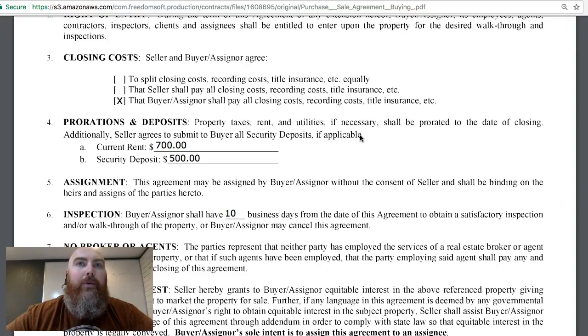And if you want to get in trouble with fair housing, remember, we always blame the bureaucrats. We always blame somebody else. If you want to get in trouble with fair housing, go ahead and keep that security deposit. But when that tenant moves out, I'm going to have them knocking on your door because they're not coming my way. In fact, I'm going to need for you to sign something that says that you're keeping their security deposit, that you're not giving it to me, and then when the tenant moves out, they need to come to you,